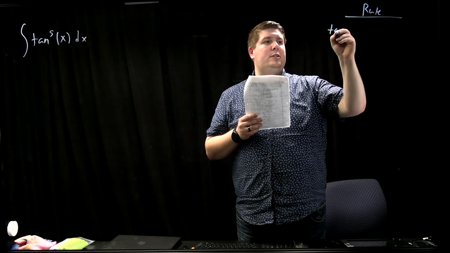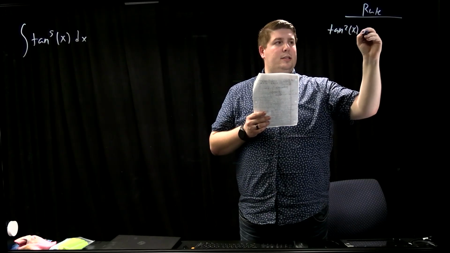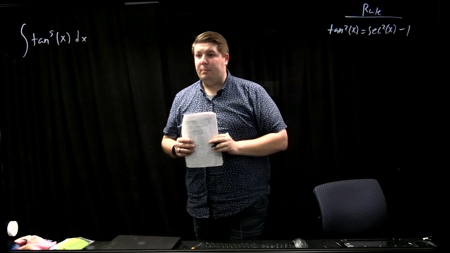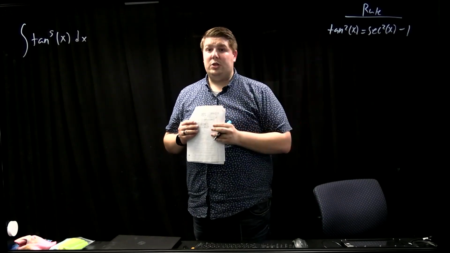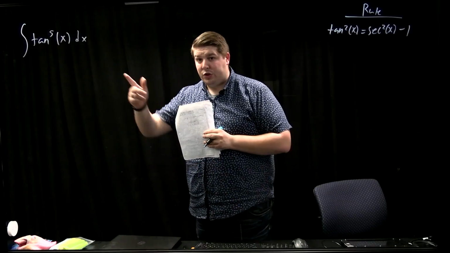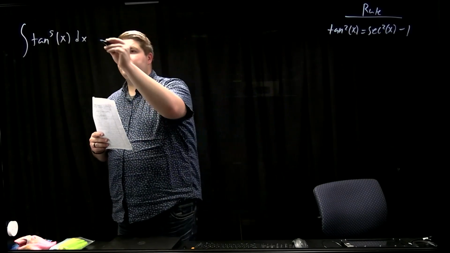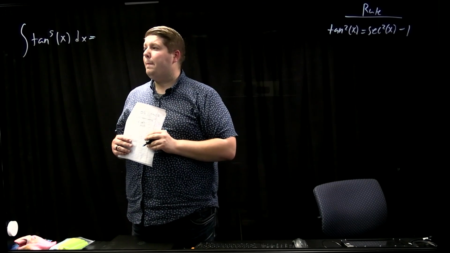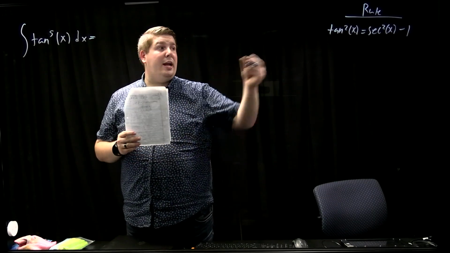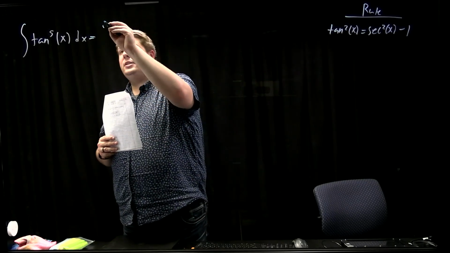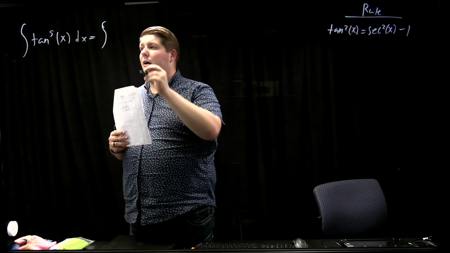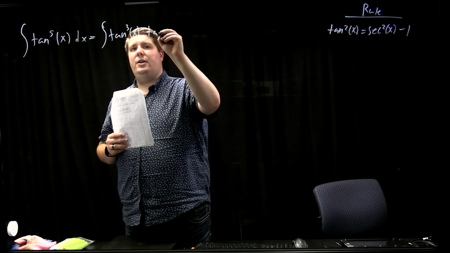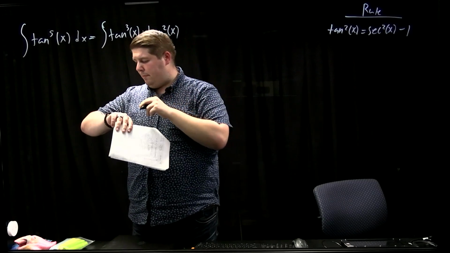Well, one rule that we do have is that the tangent squared of x is equal to the secant squared of x minus 1. Very important rule. So that rule is going to help us take the integration of this. So let's go for it. What this becomes is we want to break this apart and use tangent squared to help us. So this is the integration of the tangent cubed of x times the tangent squared of x